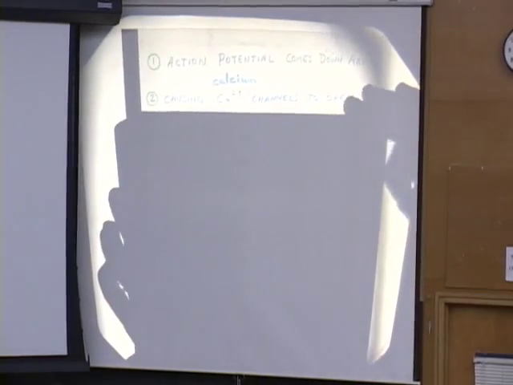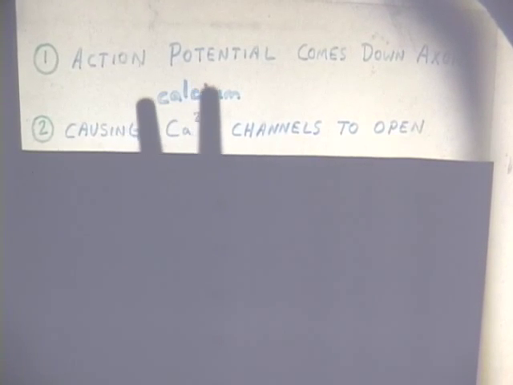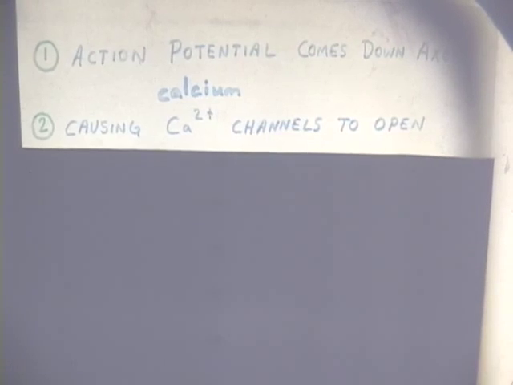So step 1 of anything that's going to happen, you're going to need a long list for this, but it's nice to have it on the same page if possible. The action potential comes down. This has always been stimulated by some other cell or something in the environment. And what it does when the action potential comes down, all that sodium rushing in, potassium rushing out,